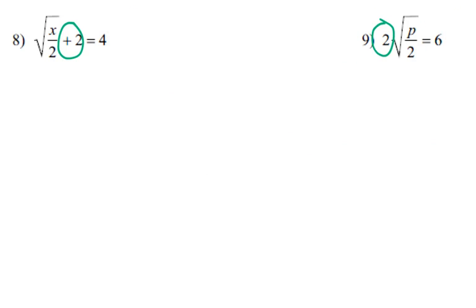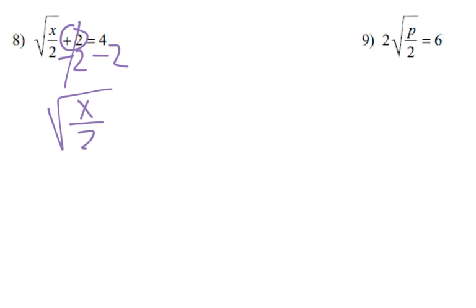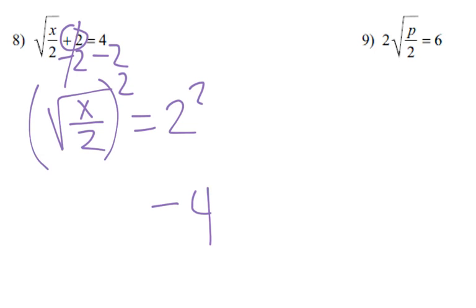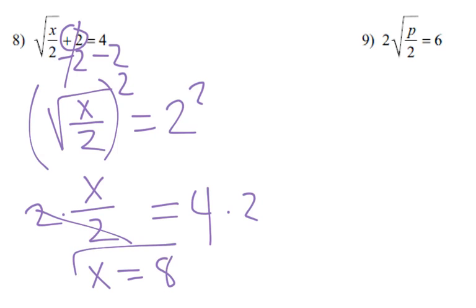So now let's see what we do in these situations. Okay, so we need to simplify and get the radical by itself. How do I do that? Get rid of that plus 2. So we subtract 2, giving me the square root of x over 2 equals 4 minus 2 is 2. Now I can square both sides. We end up with 4 equals x over 2, times both sides by 2, and we get x equals 8